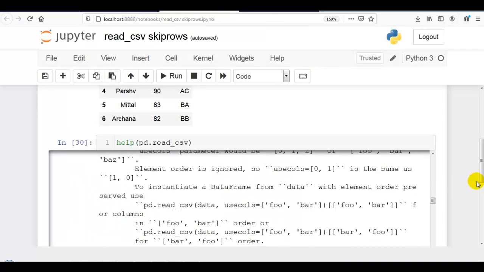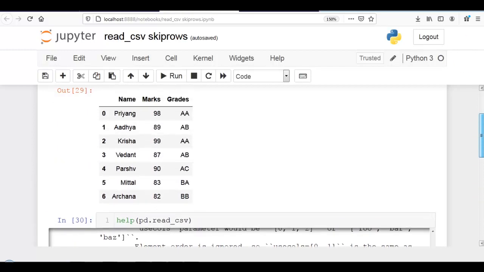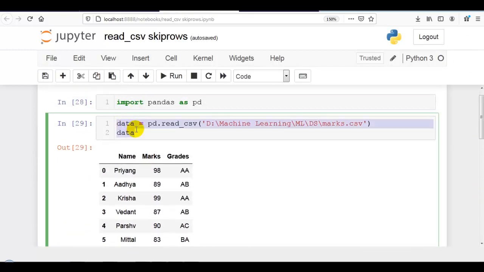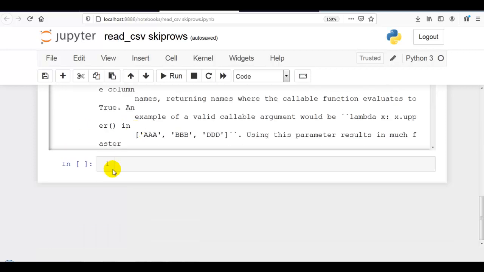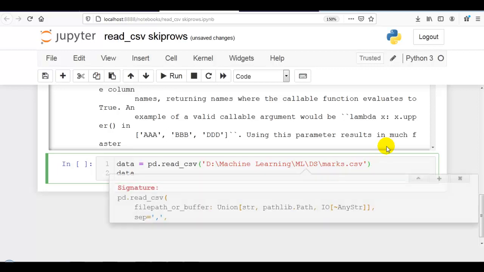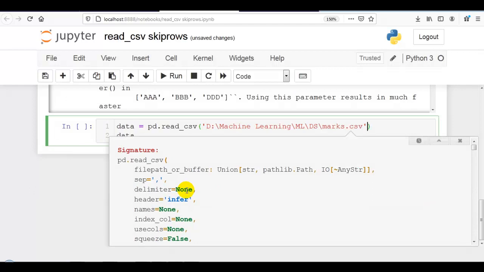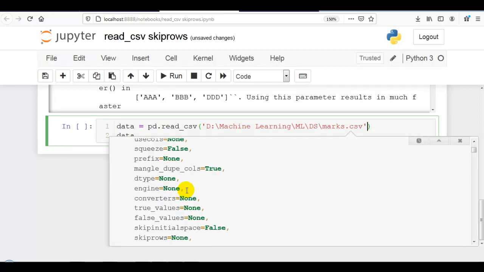Now the first example. Here we are going to skip n rows from the starting while reading a CSV file. Let me copy this over here. Then you can also press Shift Tab if you want to check the docstring of read_csv.